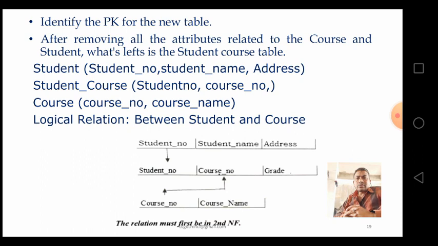Another table is a separate course table, with course number and course name. Here you see the slide diagram below. Here the arrow shows student number is the primary key, and another one is course number. Course number, taken from the second table to the third table, is the foreign key.